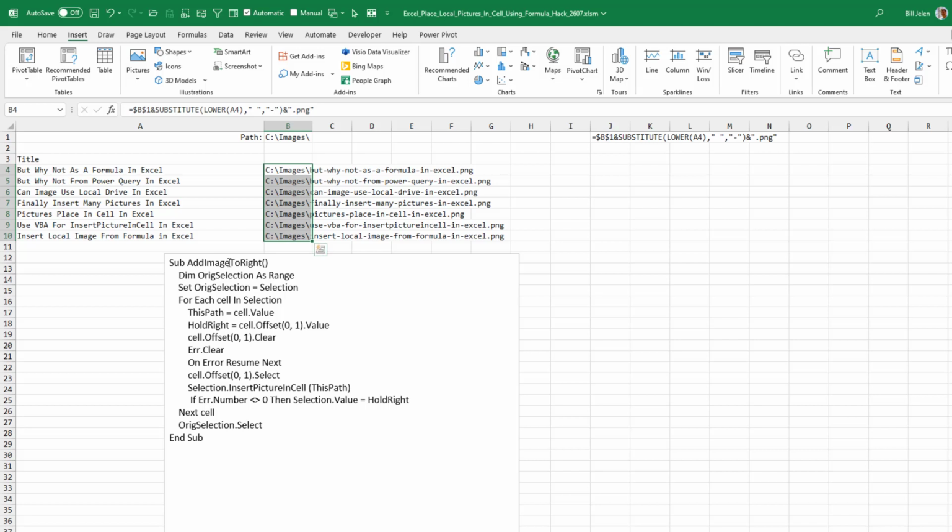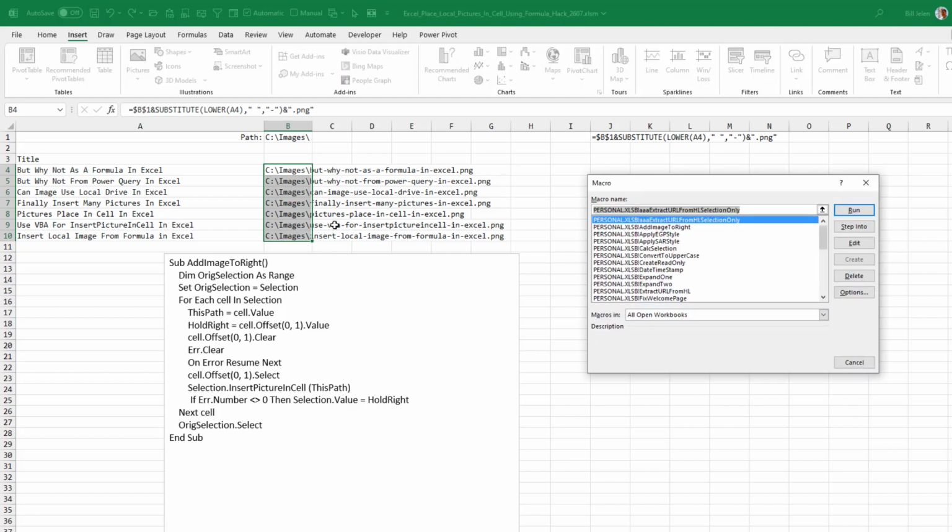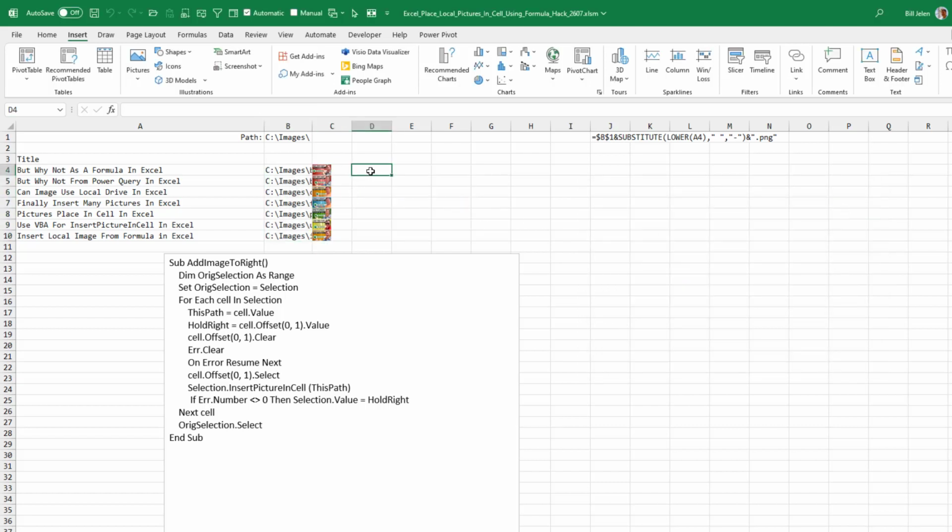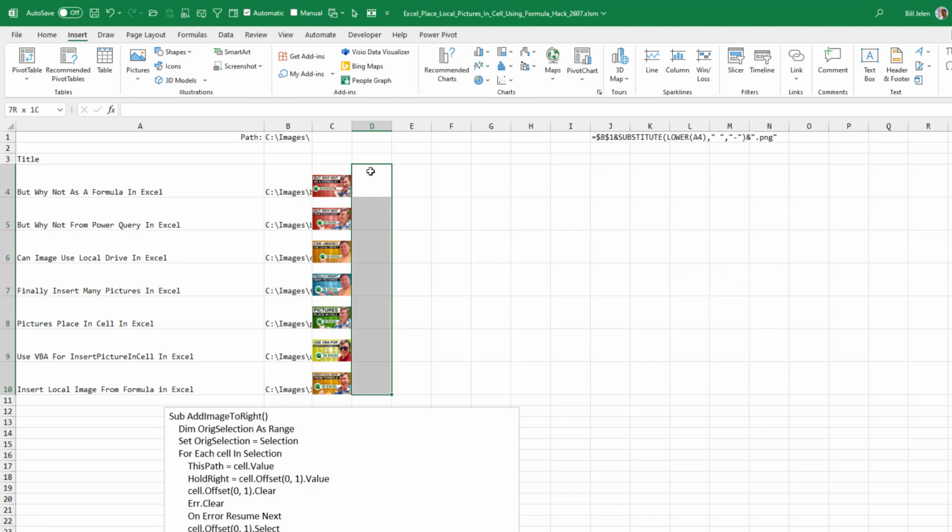All right. So this code, add image to right, I select the image URLs and it's going to add the images over in column C. So add image to right, click run. And same thing there, right? So just a great little easy way to add images from a formula. Not as good as if they had given us the image function, but here we are. It's a workaround. Now just note that if the underlying data changes, you're going to have to reselect this and rerun the code to replace these images with the new path. It's not live like the image function would be.